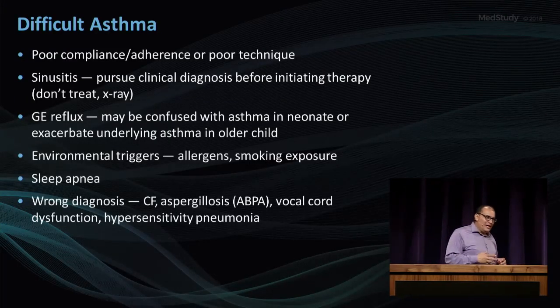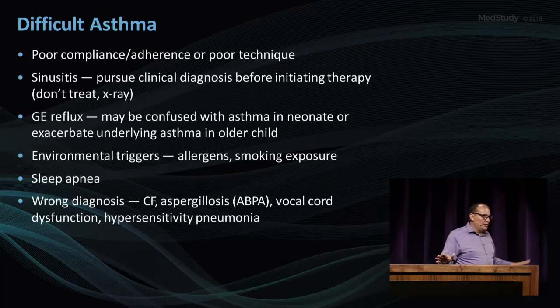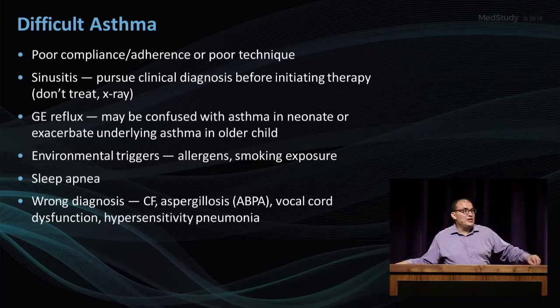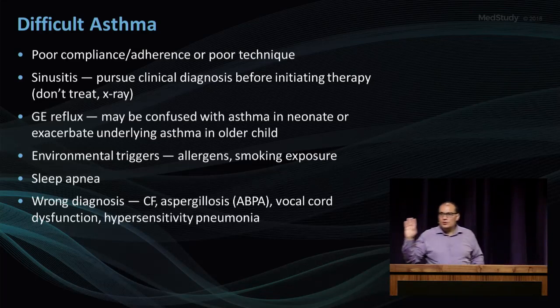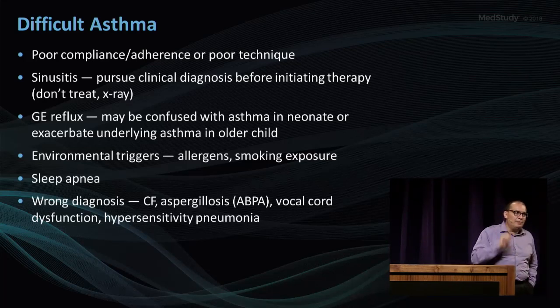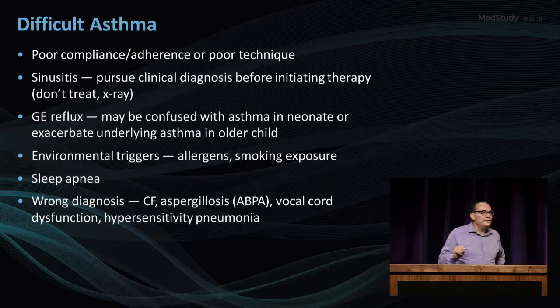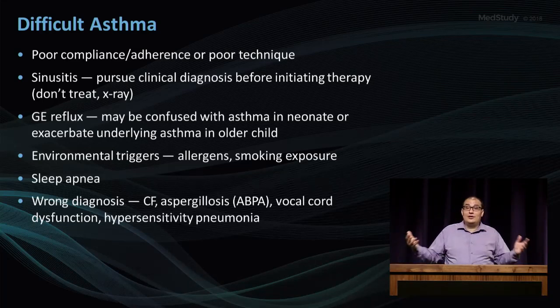Now, when they ask you about difficult asthma, we already touched on that. Difficult asthma means that the kid is on optimum therapy. You put him on what he should be on, but he is not controlled. So when they ask you what's the next step in difficult asthma, who's on maximum therapy, the next step is history and physical exam. So your answer for approaching difficult asthma, the next step for somebody you label as difficult asthma, is history and physical exam. And what you look for in the history,